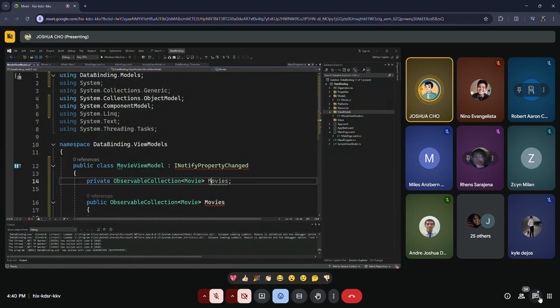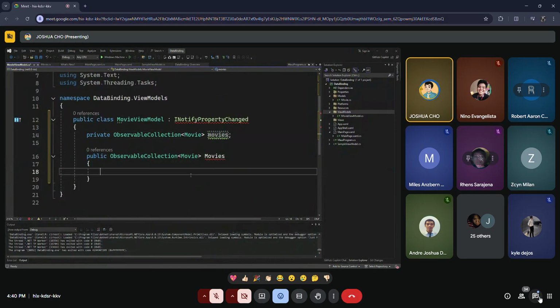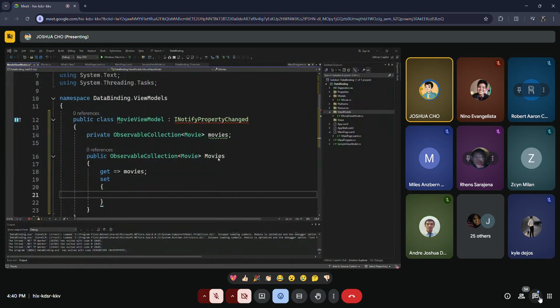Let's change it to gamay nga letter. So movies, get movies, then set the value into movies equals to value.